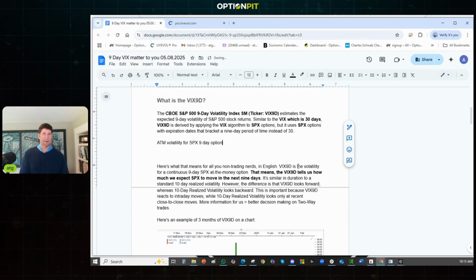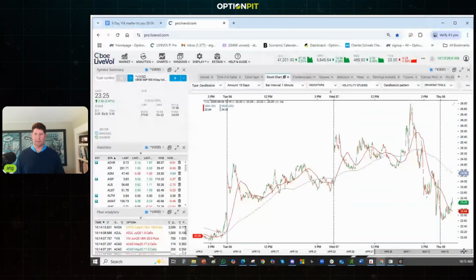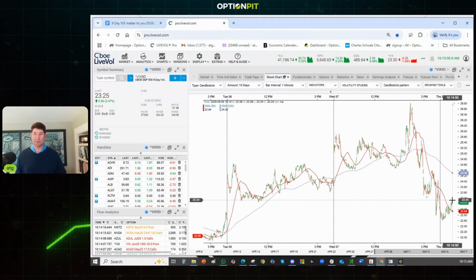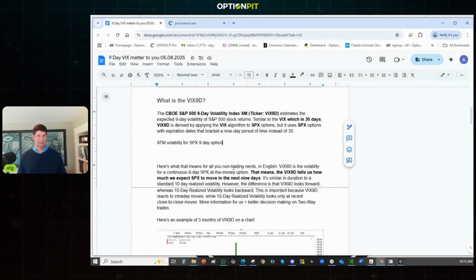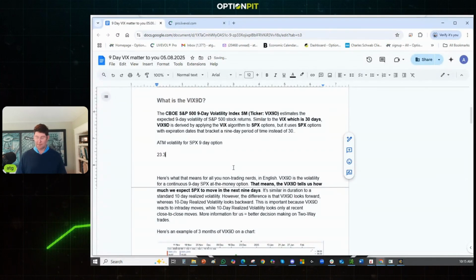9-day option. Now, this option doesn't exist. It is an index that basically exists only in that the CBOE prints the index out, but you really can't trade it. You can follow it. So right now, that market indicator is saying that volatility is 23%, 9 days out. So the market is telling you it expects, right? So at 23.34, it's very close to 24. It expects